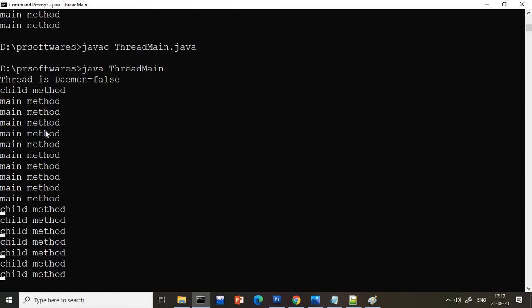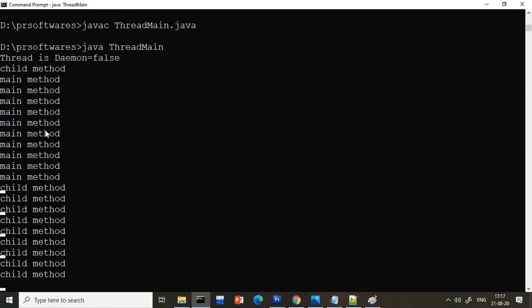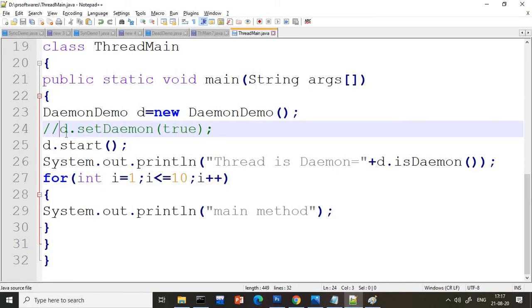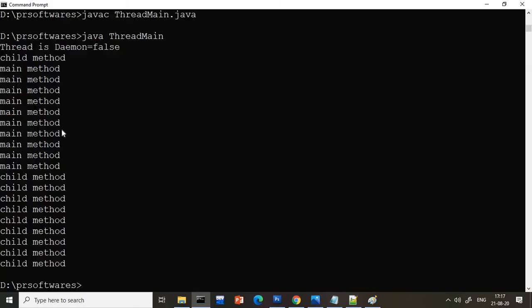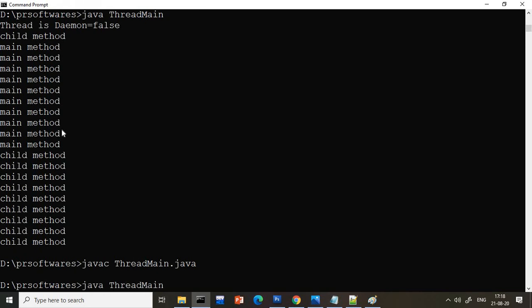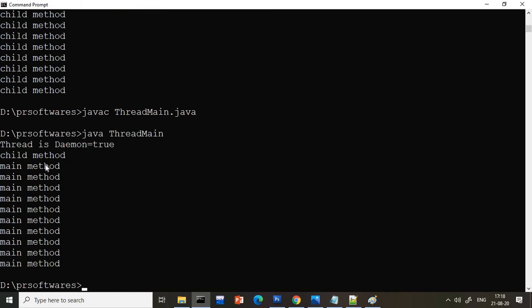Because right now both are non-daemon threads, because I hid the daemon part. But when I make this thread daemon as true, now my thread is a daemon. So the daemon will work until the non-daemon thread is working, nothing but until main. Main is a non-daemon, so it will work until the non-daemon thread is working. Now when the main work is completed, automatically the child will not work after that.